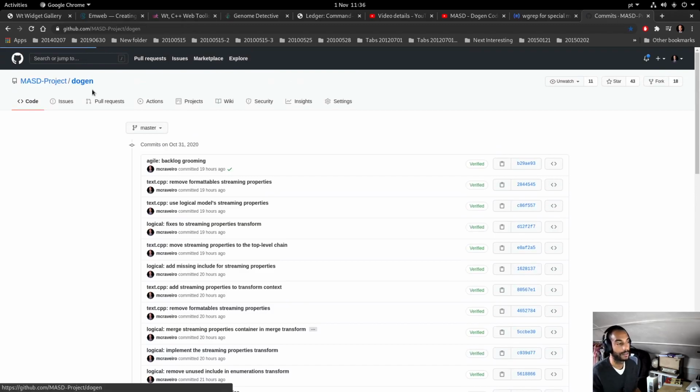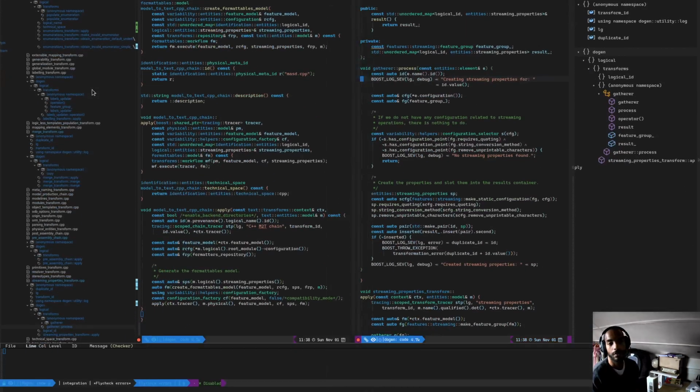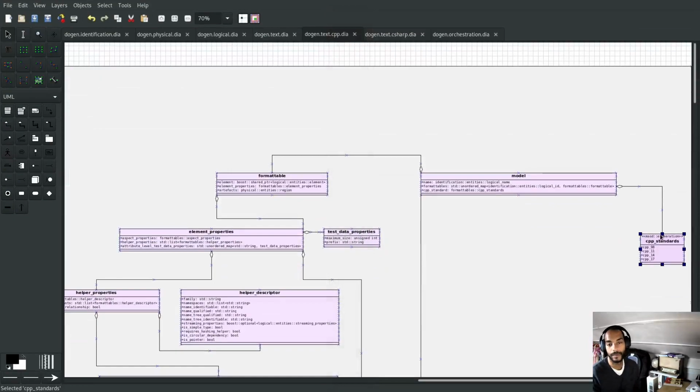So with that we are now moving over to the next class, which is the C++ standards. Now this again is going to be data driven at some point, but for now of course it's not. So we just have to understand what we need to do here. At present we have one of these guys per model. Now the problem with this is that you can't really call it C++ standards because of course